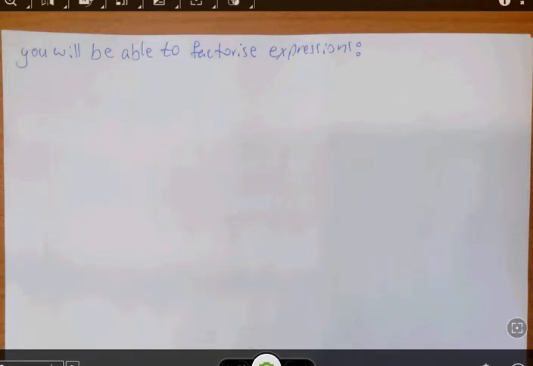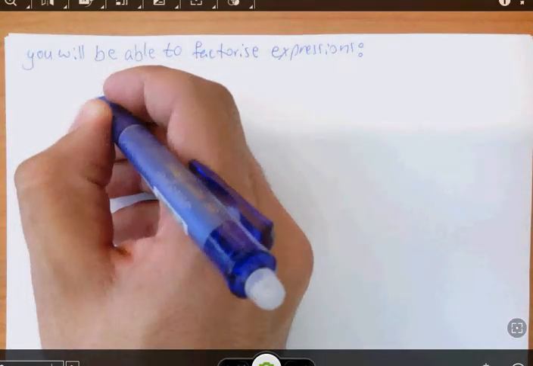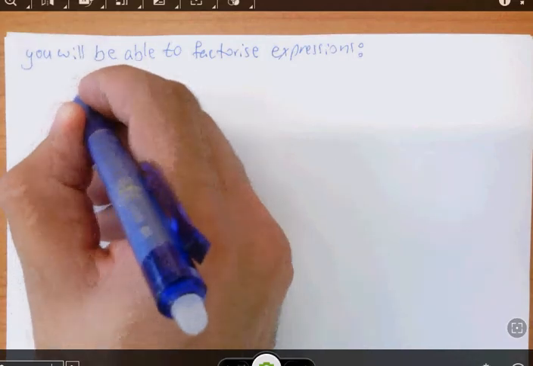We've done the expansion part, and the factorizing is nothing but, I will cut these bits out of the video. Factorizing is nothing but the opposite of expansion. So if I expand